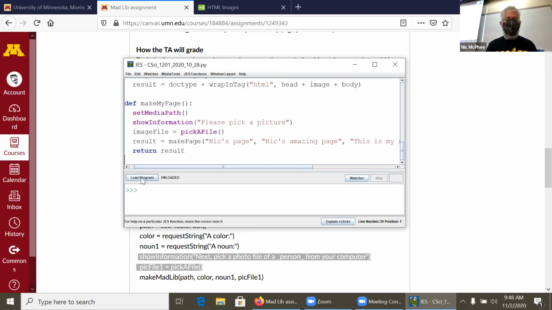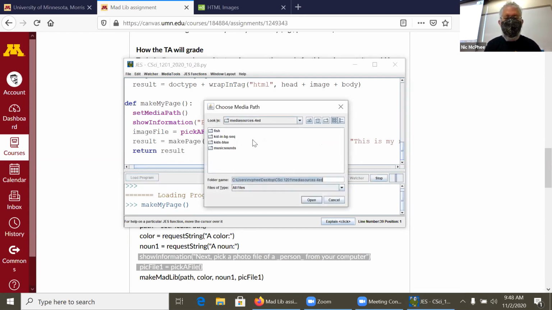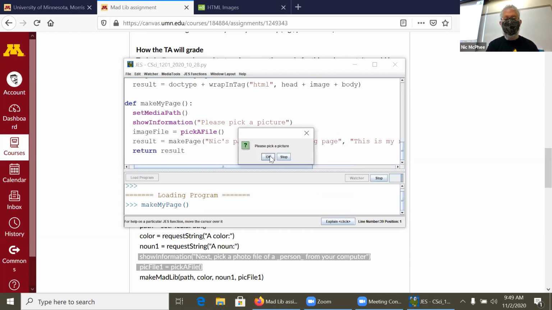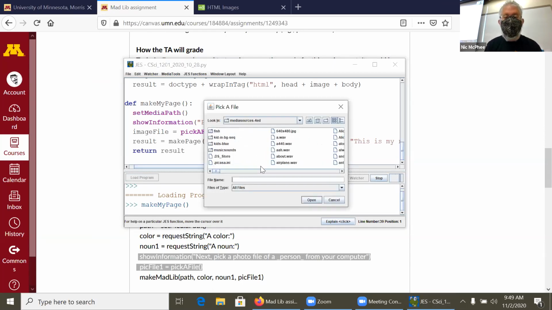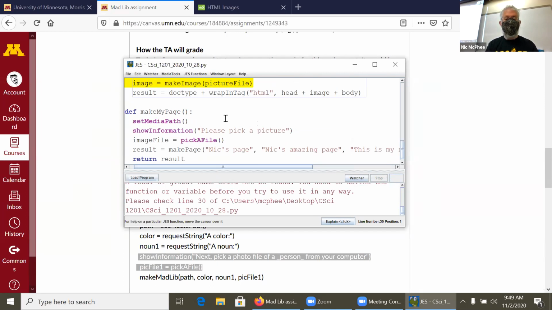So let's imagine I don't remember that I'm missing something, and so I say load program, and I try make my page, and it says I need to pick a picture. Oh no, this is set media path. I need to set media path. Should have probably had a prompt for that too. So I'll do that. And now it says, please pick a picture. And so we'll pick a dog. There we go, dog. And it got here and it died